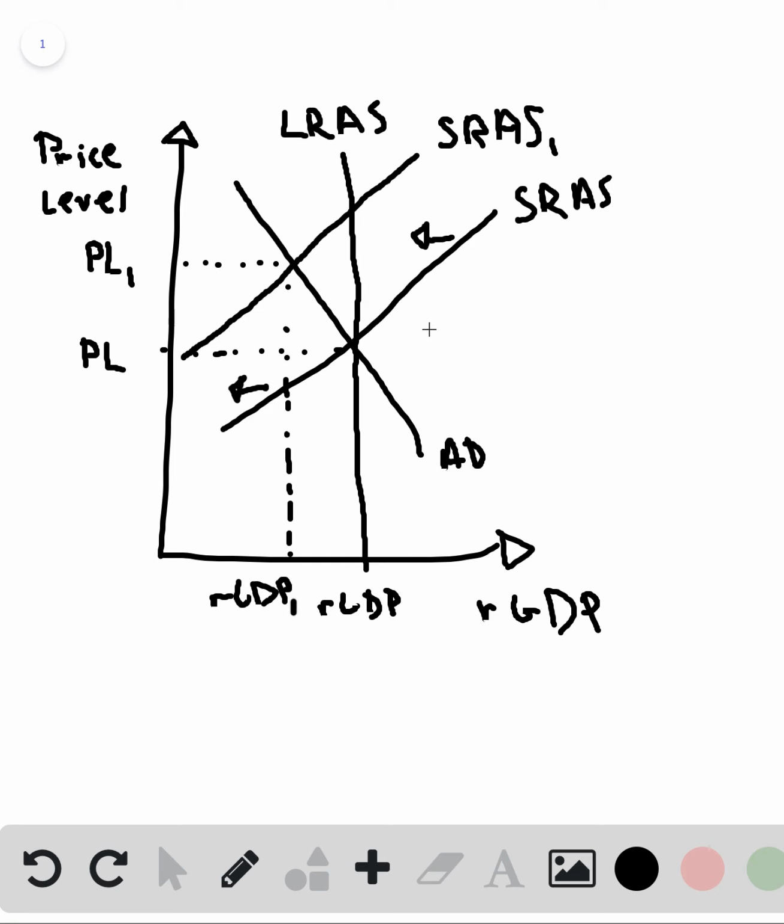Okay, so stagflation is a leftward shift of the short run aggregate supply curve, which leads to a higher price level, which is inflation, and a lower real GDP level, which is an indicator of recession. So